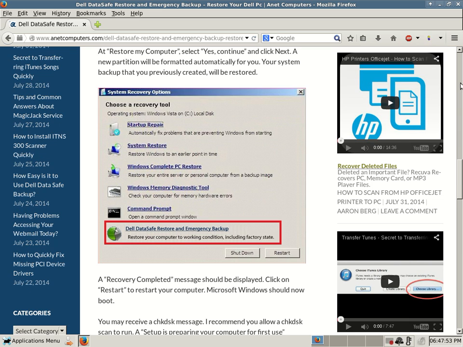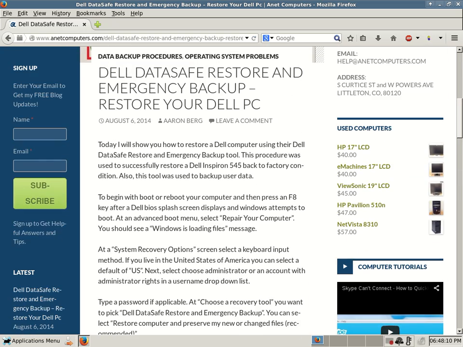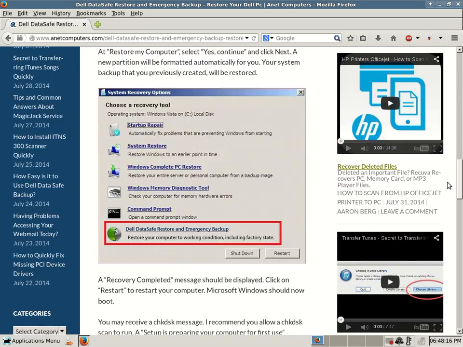And then this is an image that I found on the internet. This is exactly what I saw when I hit the F8 key on a Dell Inspiron 545 after I went in and I chose at the very beginning. Remember, at the very beginning, you select repair your computer. You want to select that option, repair your computer. Then you get this